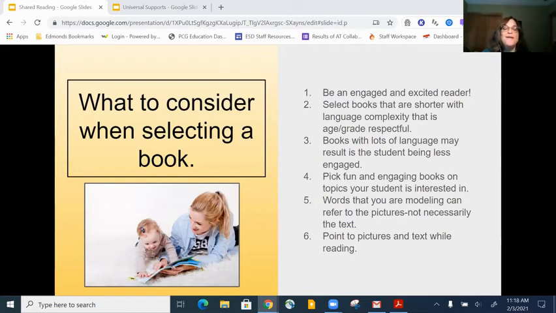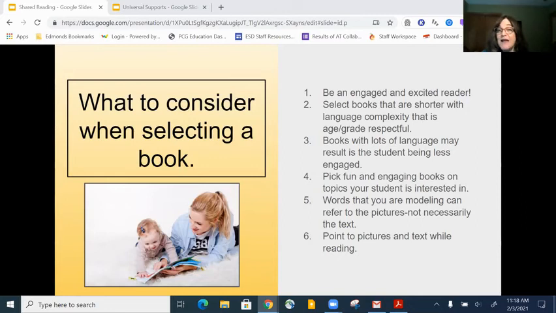One of my little soapbox again here is, when I walk into a middle school classroom and they're reading a board book or a picture book to a middle schooler, that is not really age respectful. So looking at some things that are shorter but are age respectful, that look like things that their peers might be reading.